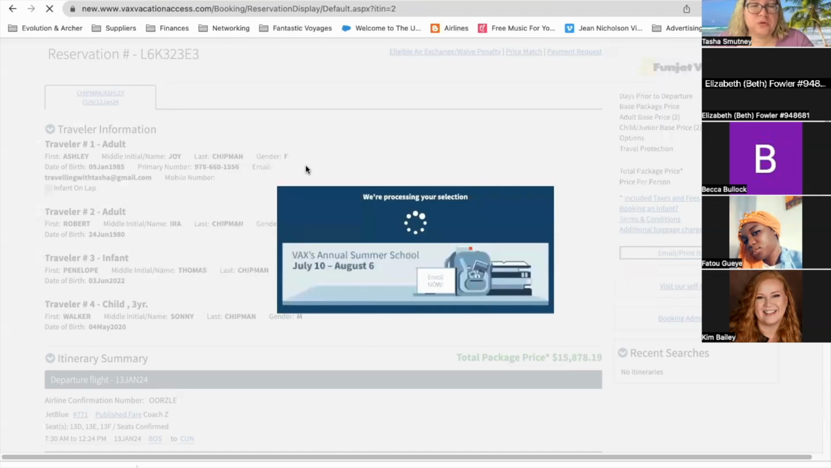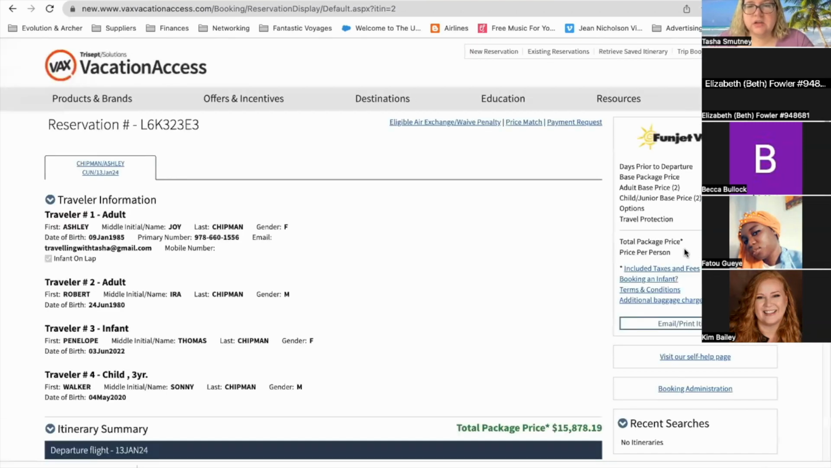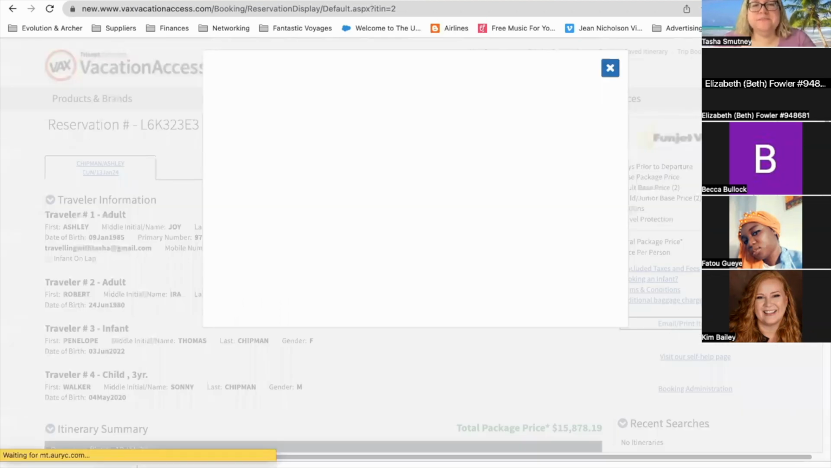But if it were a new booking and you hadn't made it yet, you can change it there. And I'll show you that after. And then also in this little box, it's great that you can see the per person price. If somebody was telling you, oh, I can spend about $1,500 per person, or whatever the case was, you can see it more. But when you click email print itinerary,